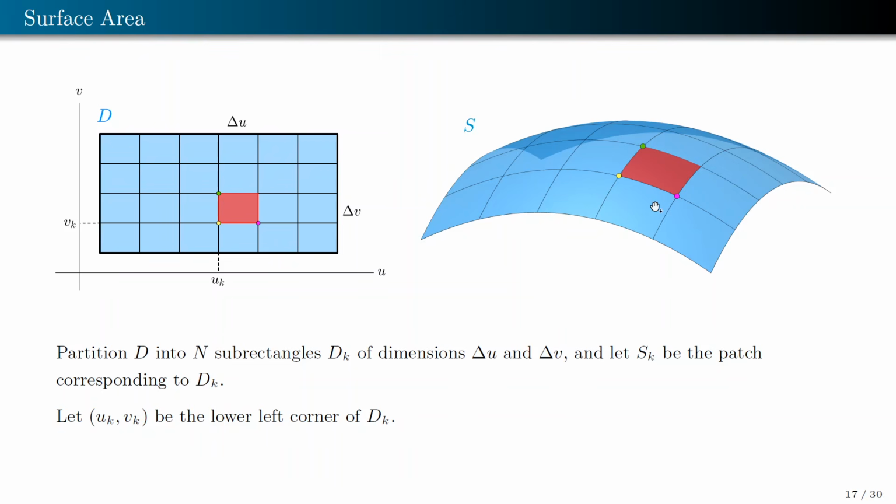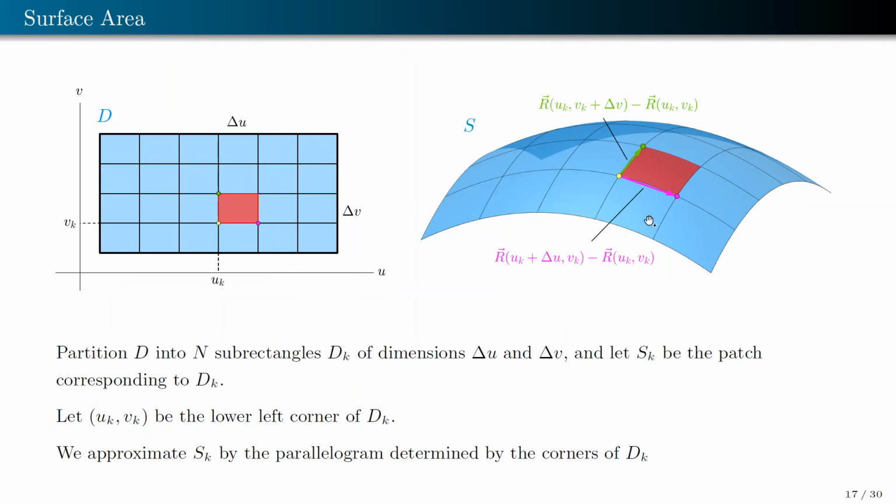Okay, so next, ang gagawin natin, i-approximate muna natin yung isang S sub k. Ang gagawin nating approximation ay, we will approximate it by a parallelogram, a parallelogram with these two vectors as the adjacent sides. So take note, itong vectors na to, galing lang sa difference of two vectors. Okay? Head minus tail lang. Okay. So before we derive a formula for the surface area of such a parallelogram, let's recall some